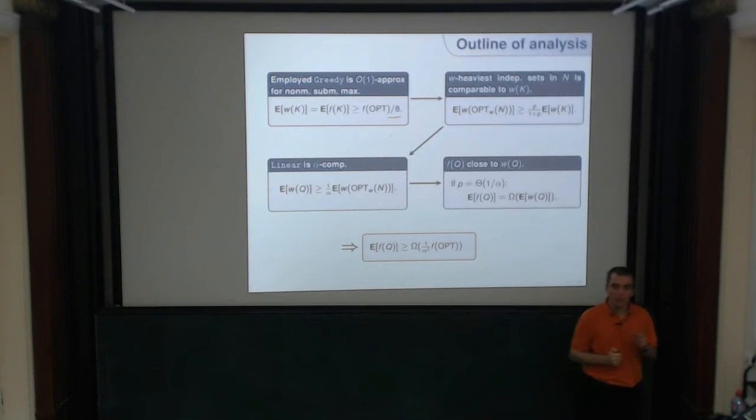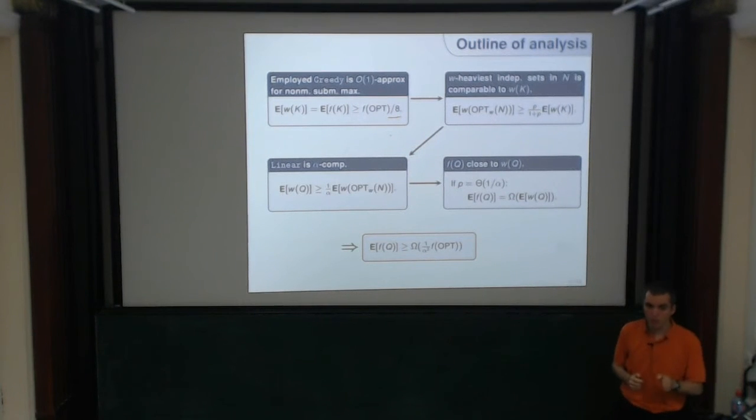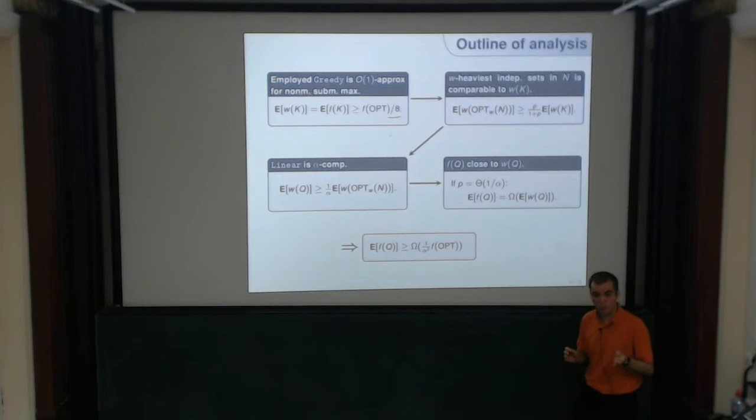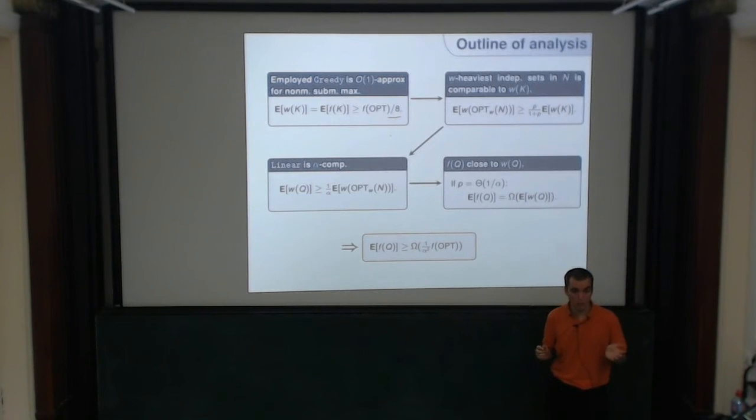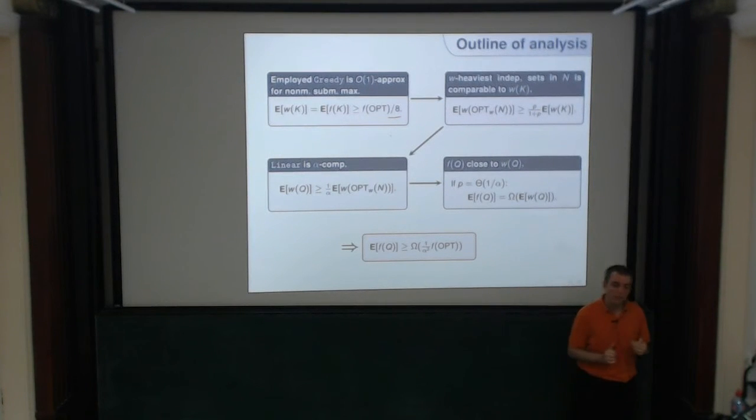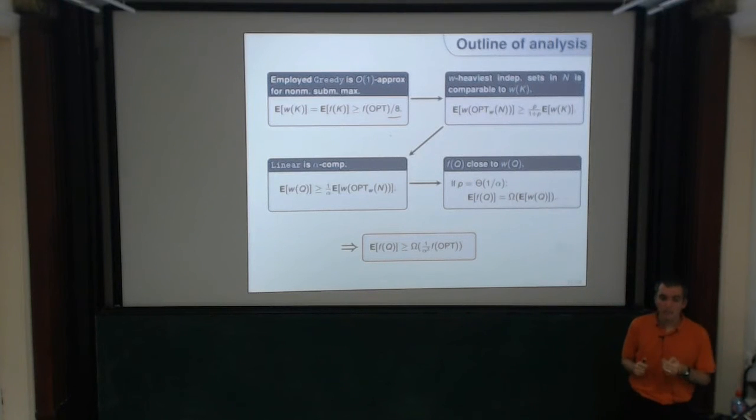It's interesting because this is really just maximization of a non-monotone submodular function over a matroid constraint. And the interesting part is that it seems I just used the greedy algorithm, but the greedy algorithm is not a constant approximation for submodular function maximization over a matroid constraint. It is a 2 approximation if the submodular function is monotone, but if not, it's not a constant factor approximation. So it turns out that the way we use it, we still get a constant factor. It's actually a very easy way to get a constant factor for maximizing a submodular function over a matroid constraint. I will come back to that in the next slide.